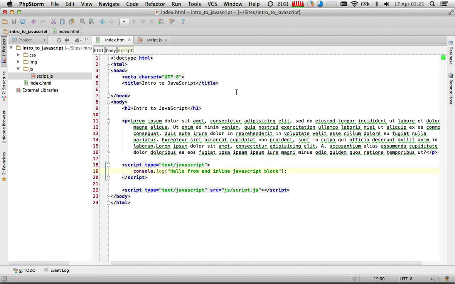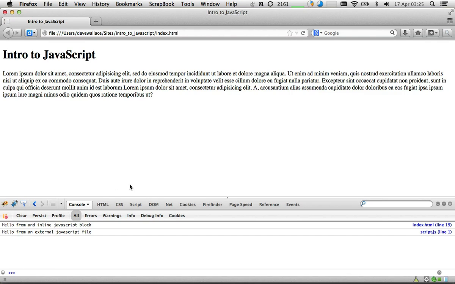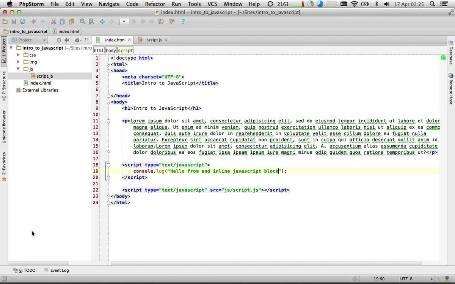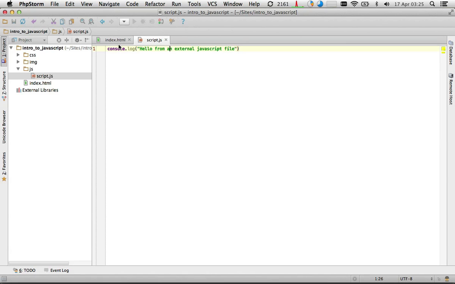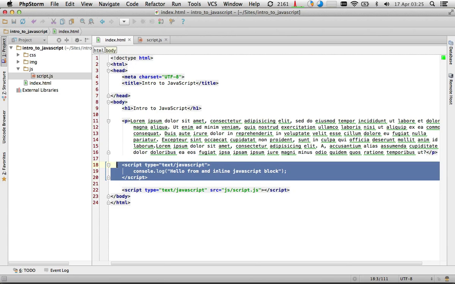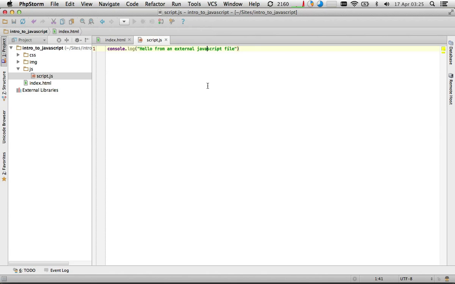Okay. All right, so we'll run this. And we get, noticing the order of execution, hello from the inline JavaScript block, because it comes first. And then we get the external script, hello from an external JavaScript file. Okay. So now that I've done that, I'm going to pretty much write all of my JavaScript in this external file and not worry too much about inline scripts anymore. Okay, now the next thing I want to show you is